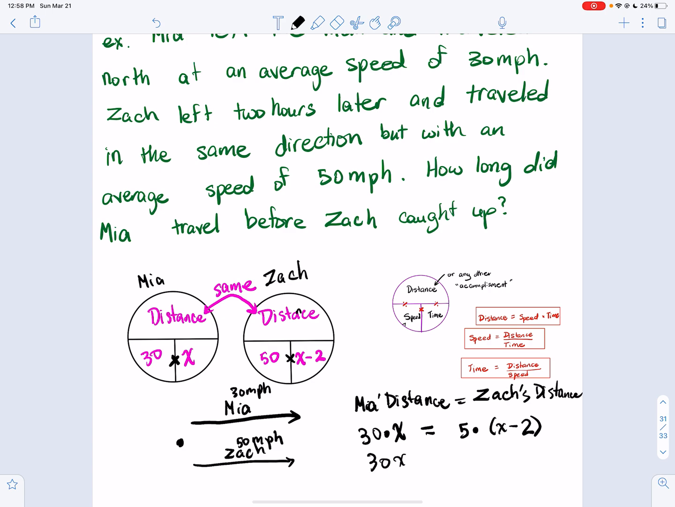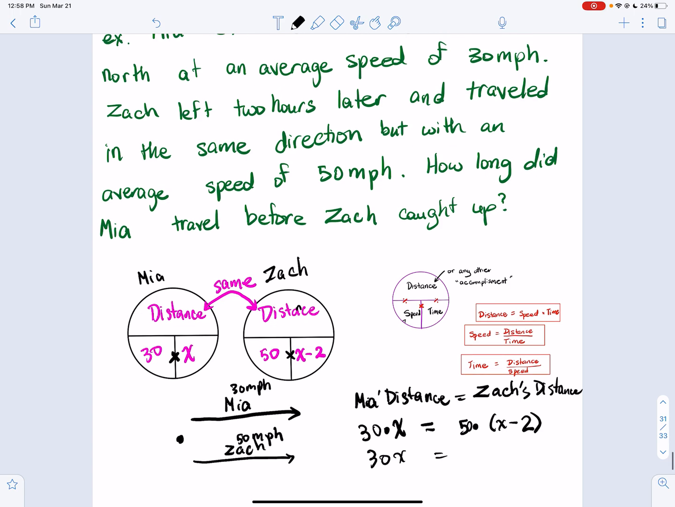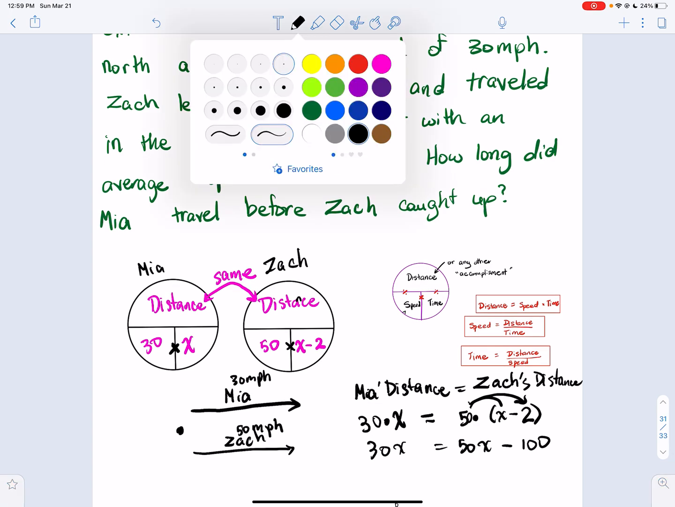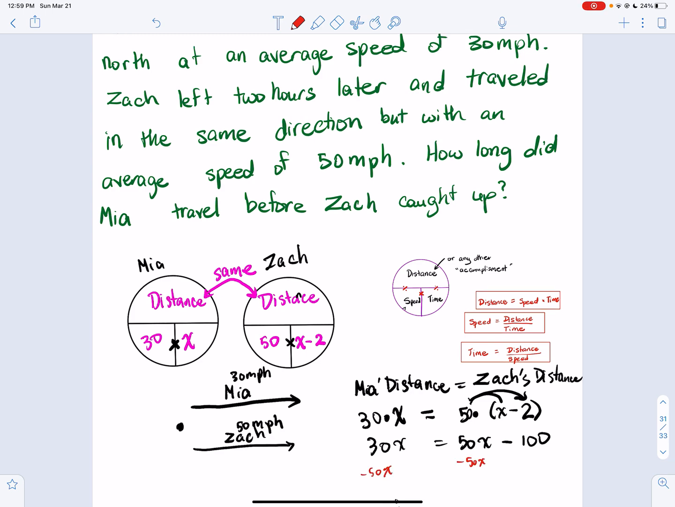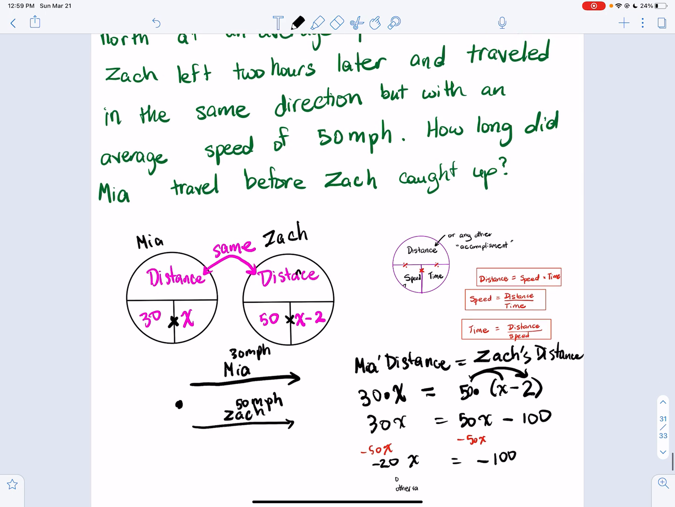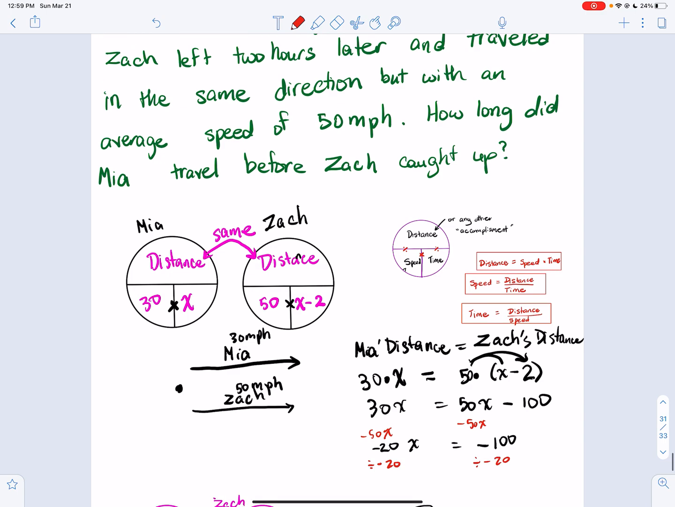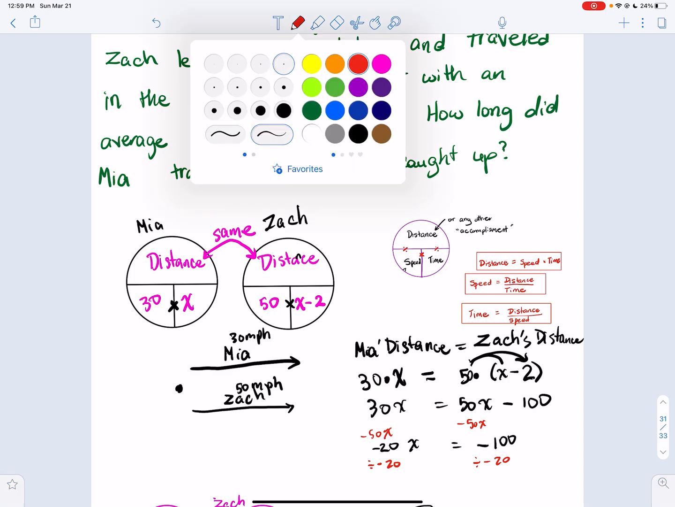So 30x is equal to 50, and now we can distribute. So we get 50x minus 100. We can subtract 50x from both sides, and we get that negative 20x is equal to negative 100. One more step here. We can now divide both sides by negative 20, and we get that x is equal to